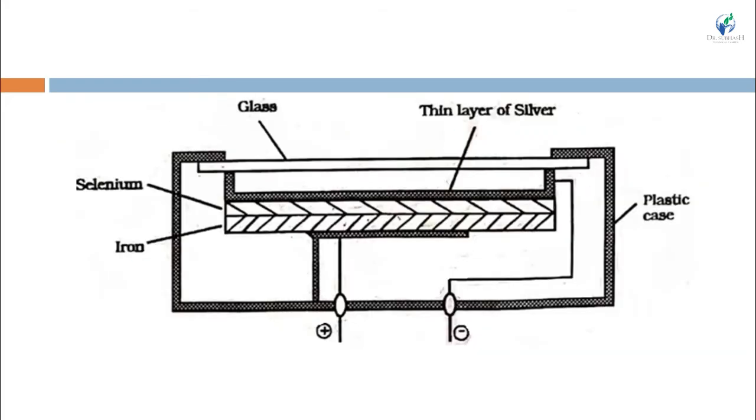I am repeating the working, students. The transmitted radiation coming from the sample is incident upon the layer of selenium. So electrons are generated at the selenium silver interface. These generated electrons are collected by the layer of silver, and due to this collection of electrons by silver, the voltage difference between silver and aluminum or iron is generated, and this voltage difference between two electrodes results in a current, and this current is directly proportional to the intensity of incident light.